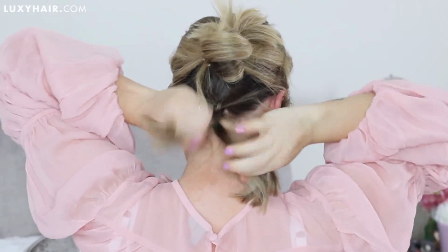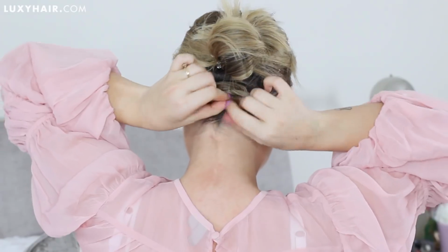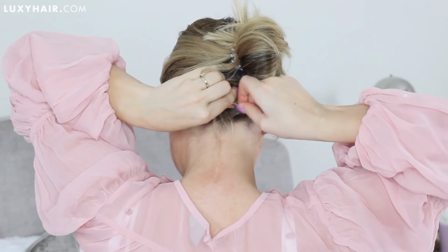Throughout the day it was more of that beachy textured look, but now it's going to be a little bit smoother. Okay, so this is my little trick to blend in my hair extensions. I've shown you guys before, but I'm going to show you again just so you can see how I blend in my hair extensions to my blunt haircut. So I'm going to section off most of my hair, but leaving the very bottom section. Now with this bottom section, I'm going to tightly braid it and wrap it around and pin it in place,